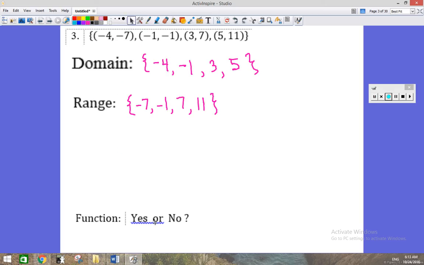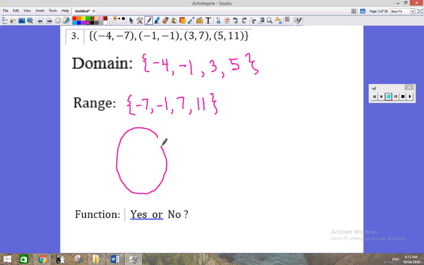Is this relation a function? Well, it is, because there's no repeat in the set of x's. Every x is related to exactly one y value. Sometimes you can see that better in a mapping, where you write in one container the set of x's, and in a second container the range, the set of y values,